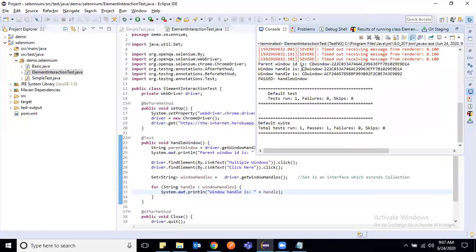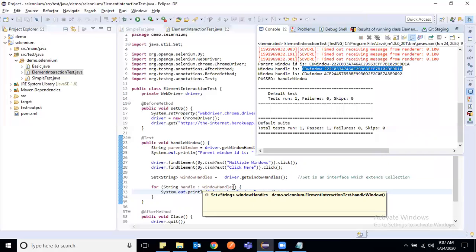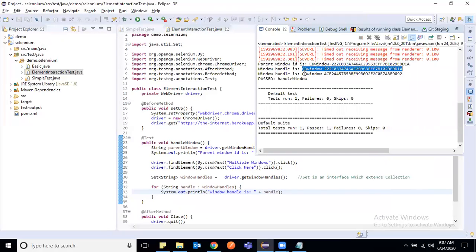This window ID is the same as the parent, because after clicking this link it is counting how many windows there are. There are two windows, one for the parent and one for the child. The parent window we printed earlier is the same as this window ID, and this is the child window. This way we can get the window IDs.